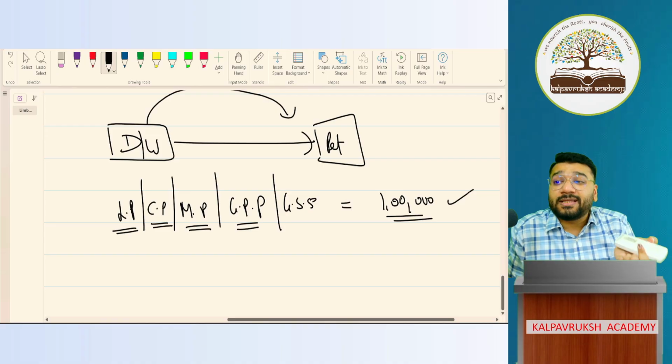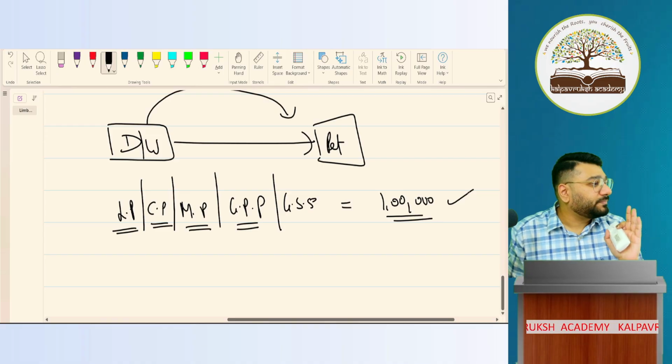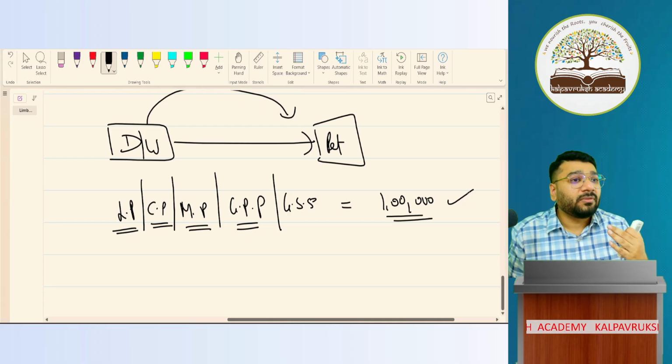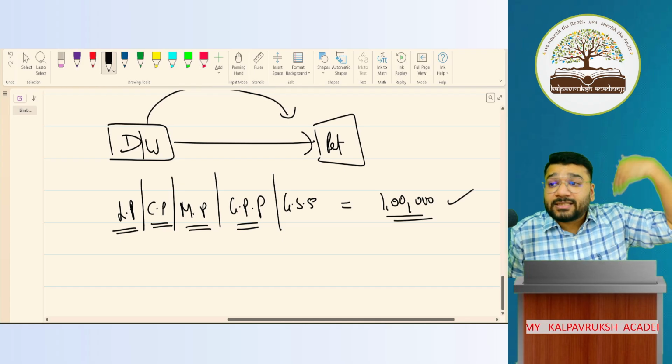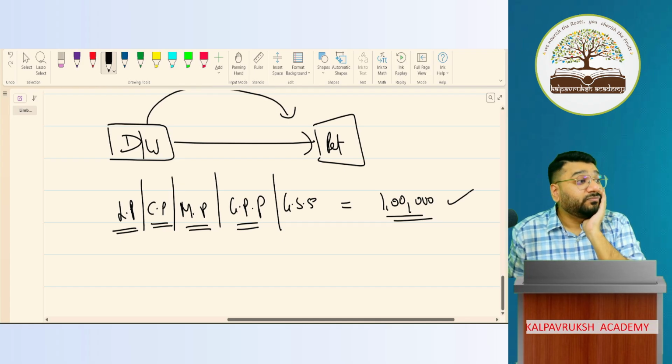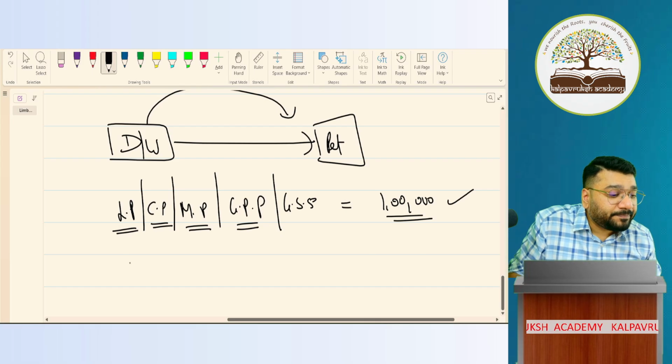You are asking for a discount and the opposite shopkeeper is giving that discount. That kind of discount is called as trade discount. Now from this 1 lakh rupees, the discount should be added or subtracted? Think and respond. Added or subtracted? Subtracted. So from this, less